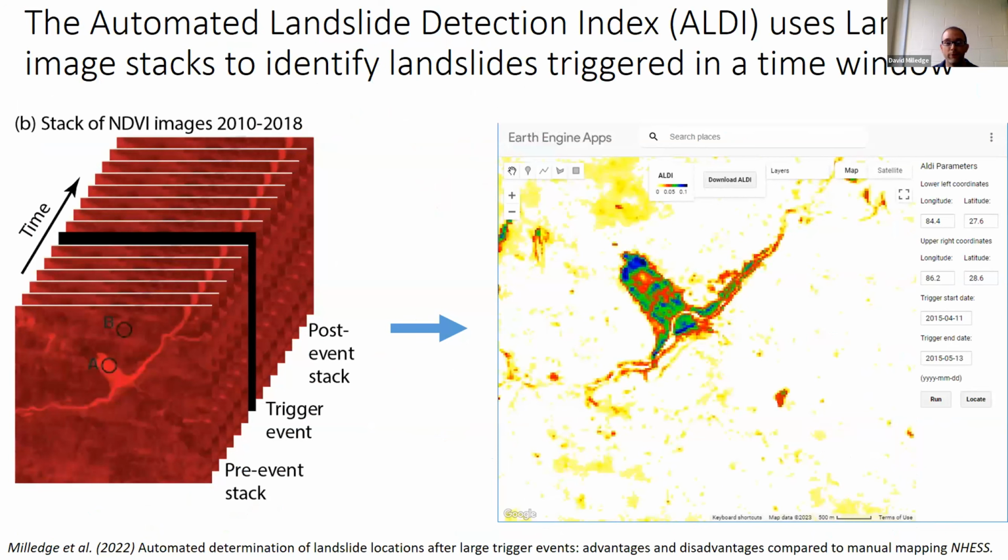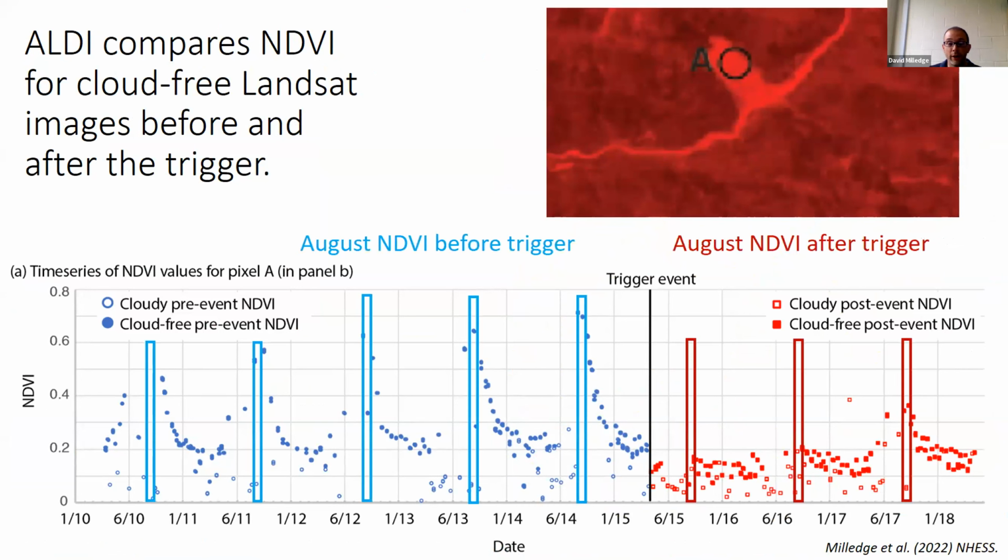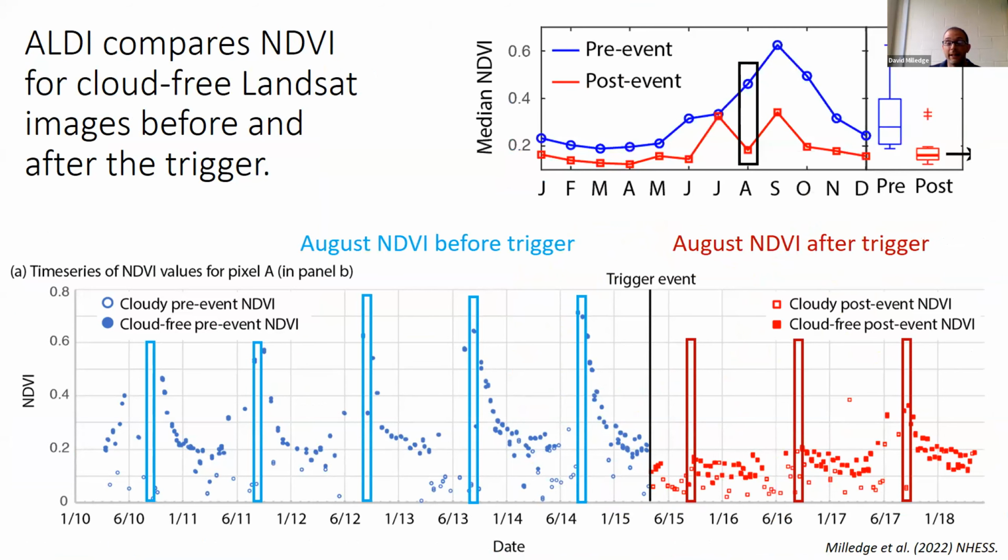there's been this massively increasing volume of accessible satellite data, and that's allowing us to examine stacks or data cubes. And that's really where my first kind of model for the Model Expo comes from. So this is just one example of what you can do using these stacks to find landslides. So for each pixel, then we get a time series of NDVI vegetation index. In this case, we can look at that before and after a known trigger, and in our case, use that to account for seasonality.